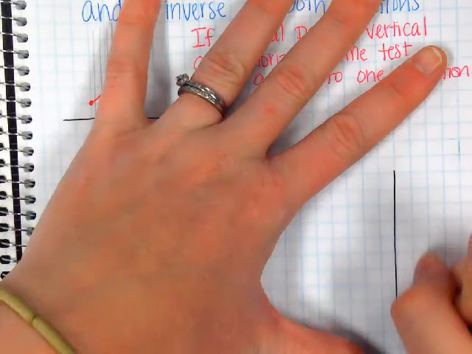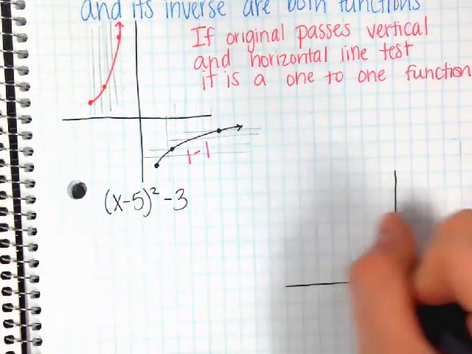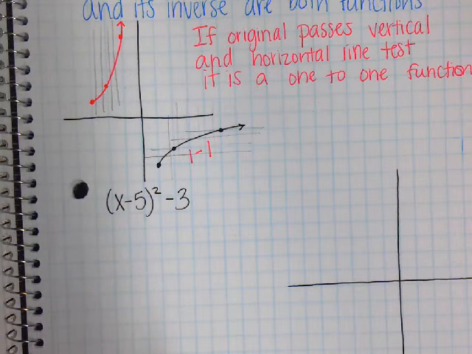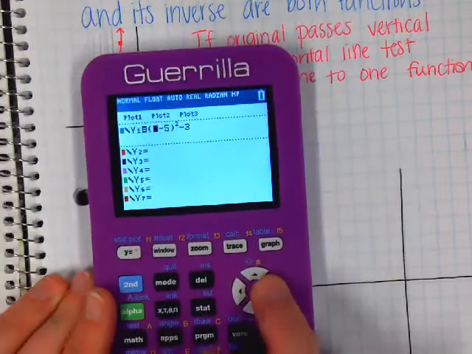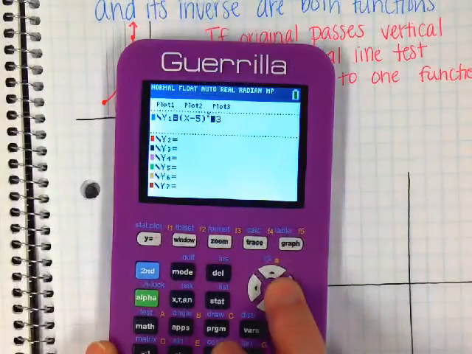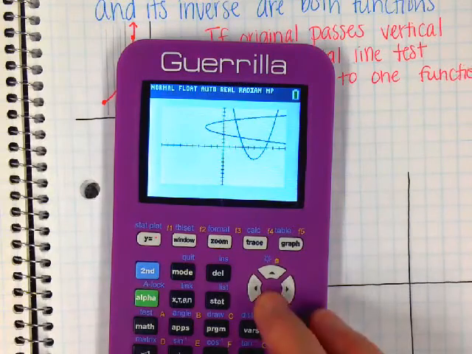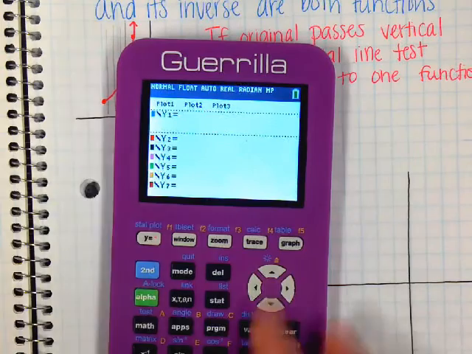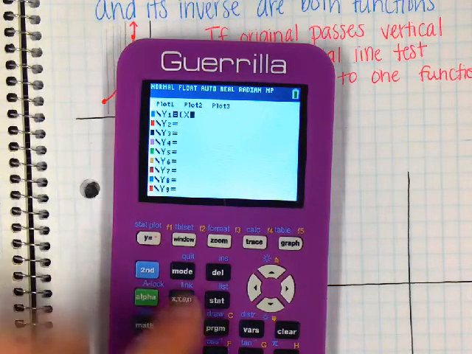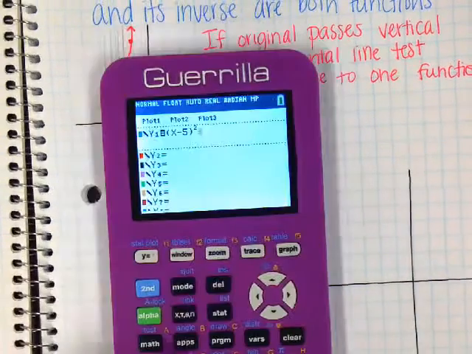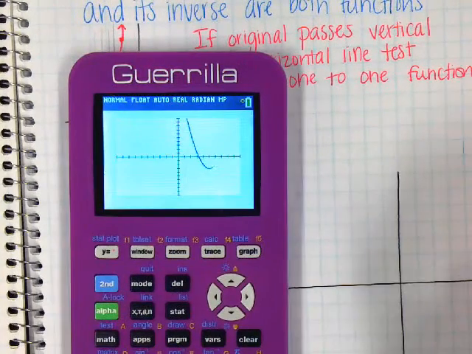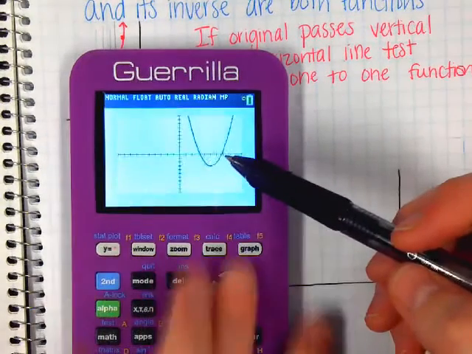and I graphed it, you can either graph it using the calculator. So if I type that in, x minus 5 squared minus 3, let's clear that. x minus 5 squared, is it minus 3? Okay, there we go. So you can either graph it using the table,